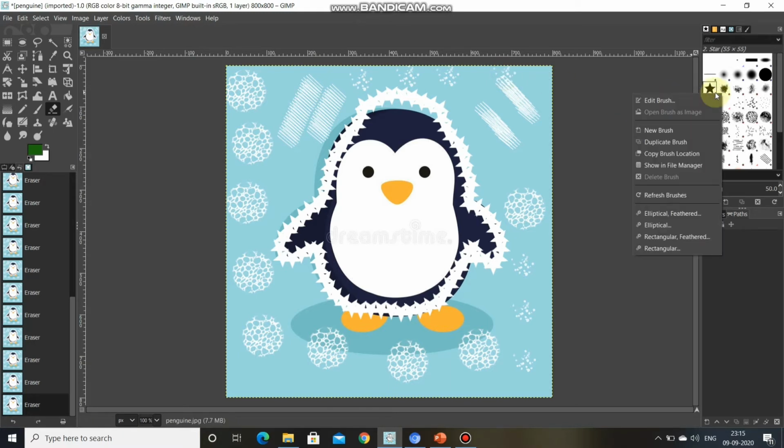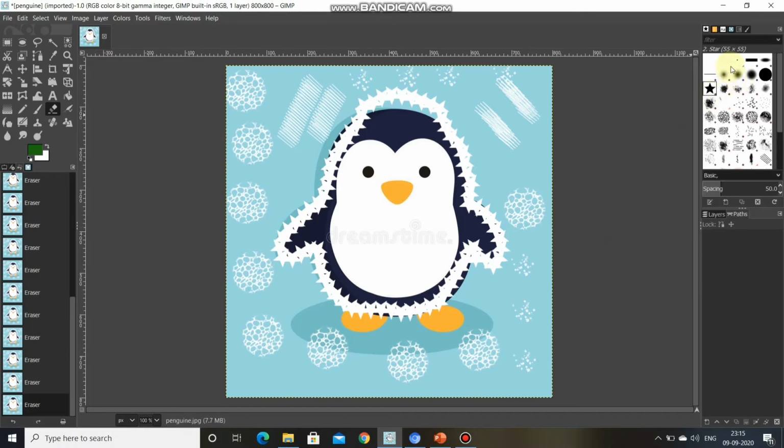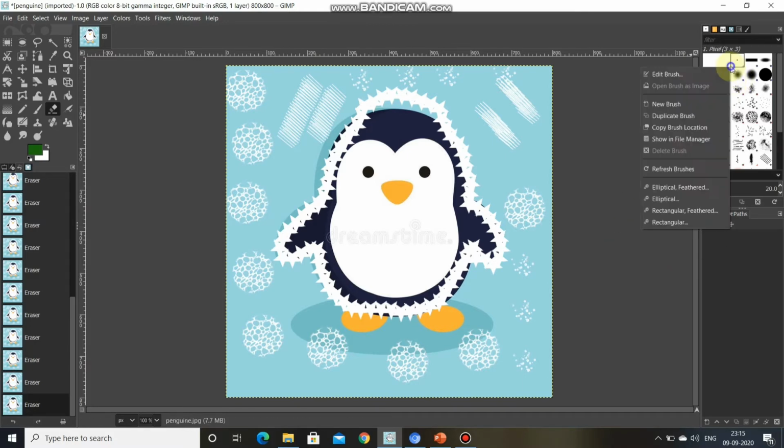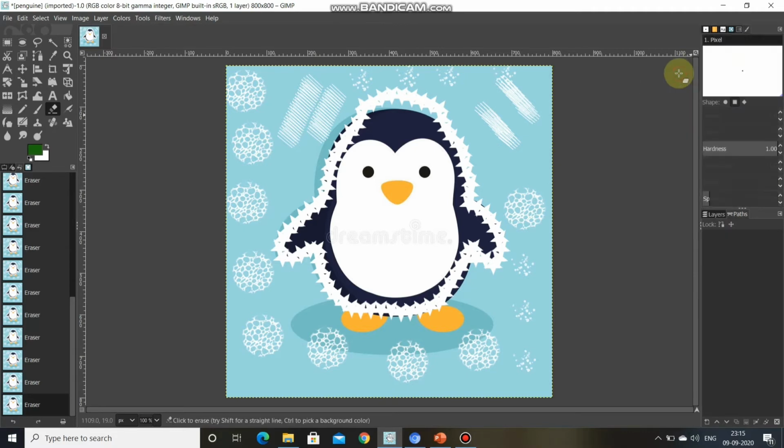Okay, so we have to select edit brush option. This is the dialog box. What we have done, simply we have taken our mouse here and we have right clicked over here. Now we will click the edit brush option. Okay, so to edit the brush, click and hold the left mouse button and drag the pointer. Now I want to edit the brush. I want this brush. What we have to do,